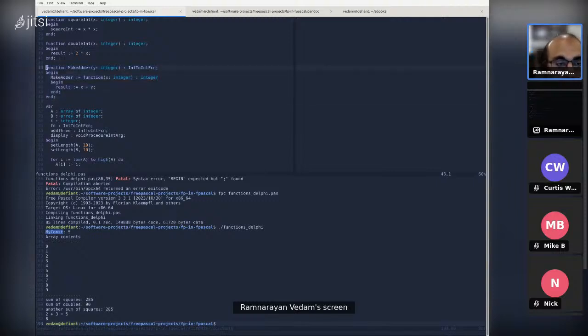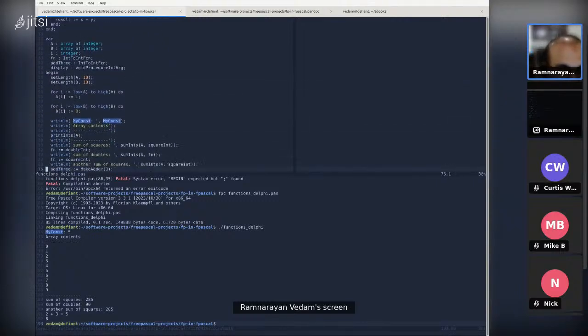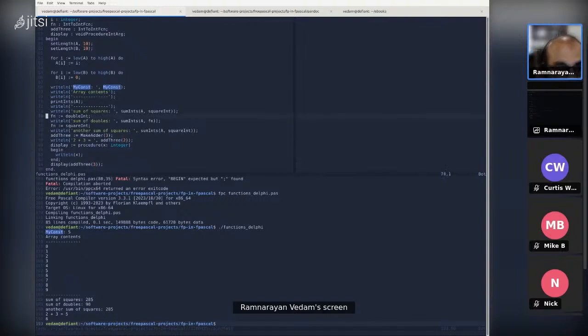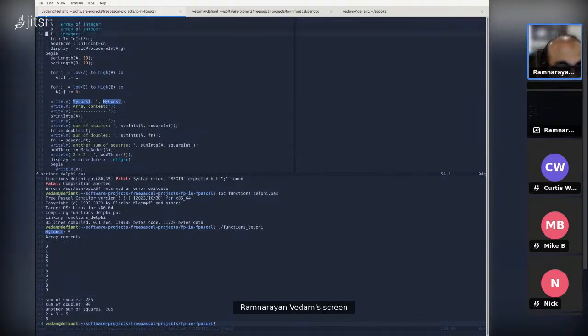I created a function factory to create adders. Now, to use this function factory, I have to create a variable, as I did here in line 56, to hold the return value. Again, this code is highlighting the essence of what Pascal considers a big feature, which is structured programming.